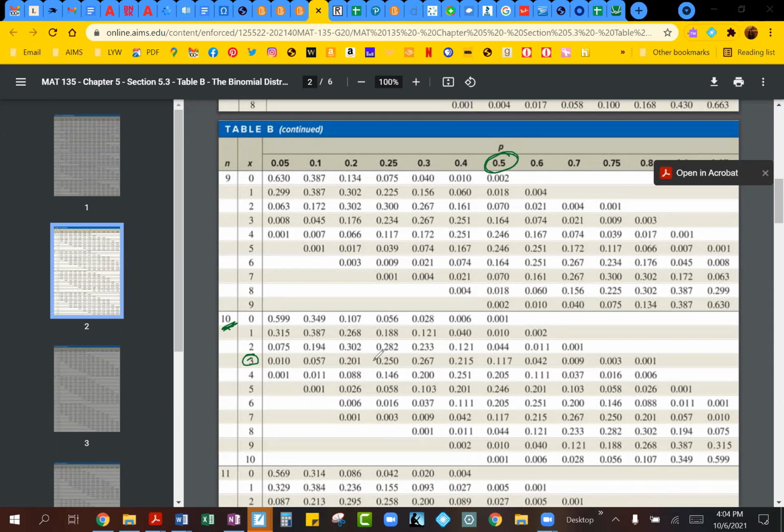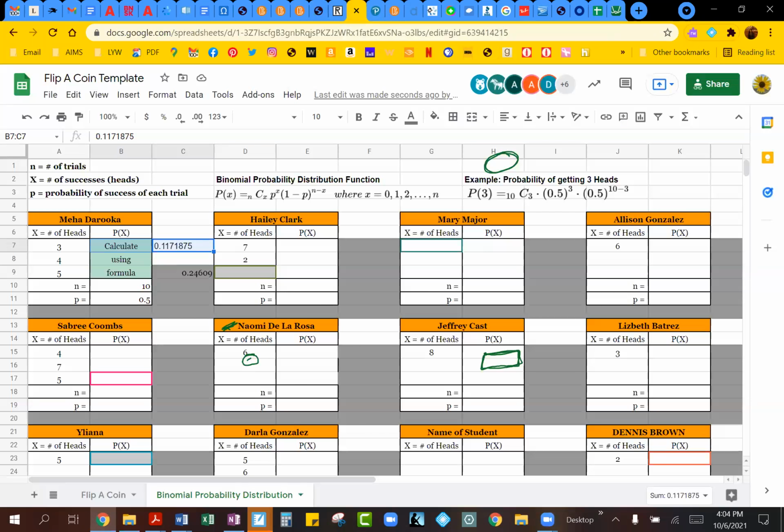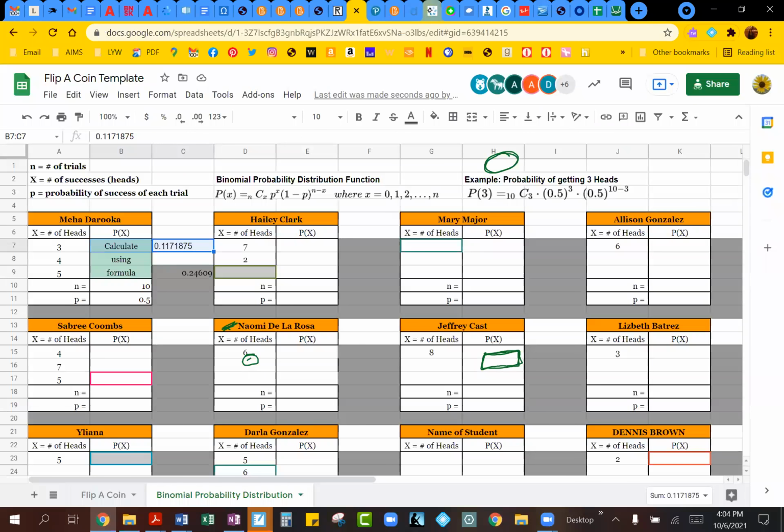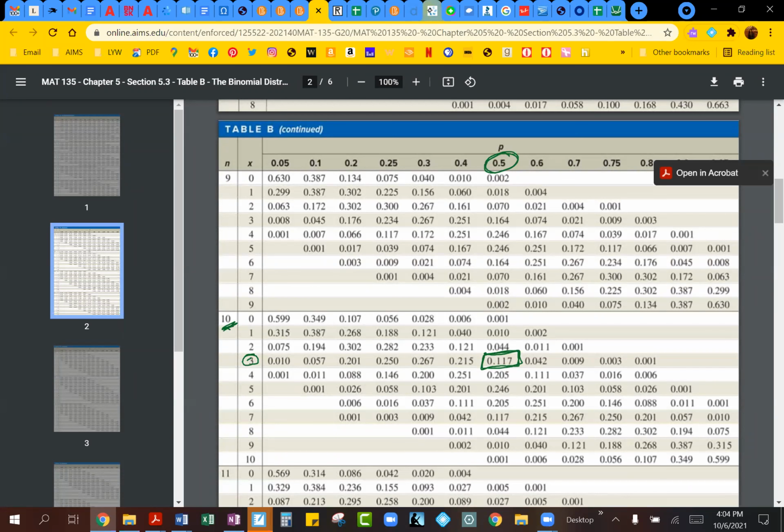So then when I use that, you can see I am getting 0.117. And that's pretty close to what I had with my formula, because I had 0.117 and then more digits after that. But you can see, yeah, it does a pretty good job of matching up to what I did with my formulas and what I got on my table. So definitely on the right path with my calculations over here.